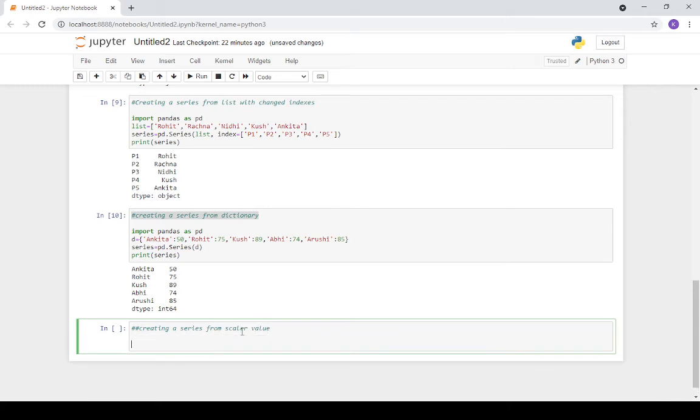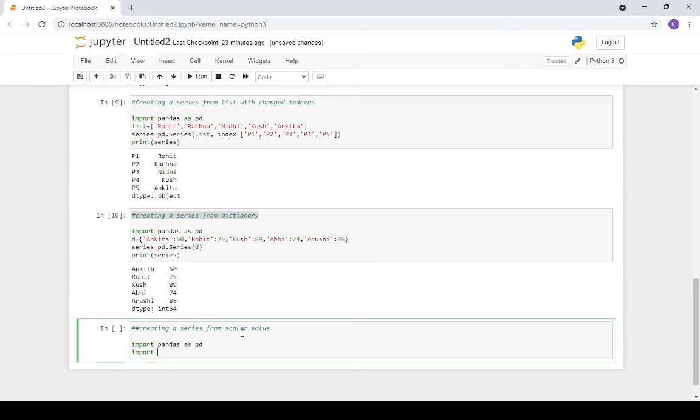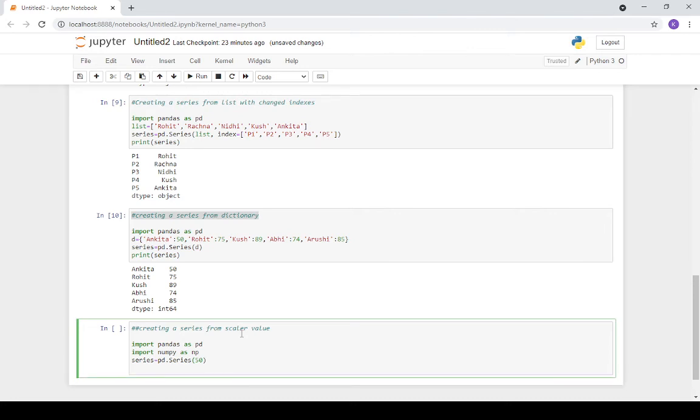If you go with the scalar value, you have to import pandas as pd, import numpy as np, and then print a series. You have to give a variable, and after pd.Series, whatever scalar value you want, like I'm just giving 50. Once you click here, you will get the list accordingly.